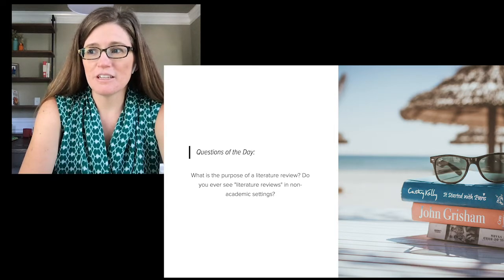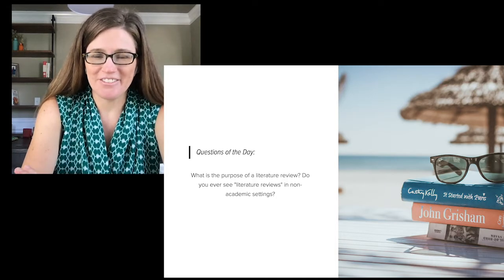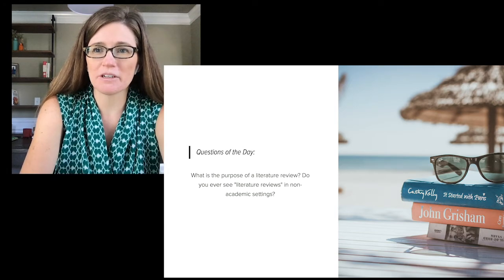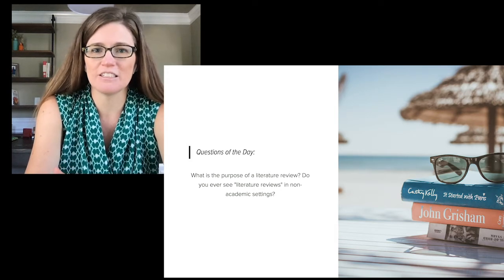If you produce a documentary film in the media and entertainment industry, that's all research. All of it is research. Again, not necessarily calling it a literature review, but you probably want to consult some academic literature if you're talking about a really serious topic. It's important to know at least that it's there and how to do it.